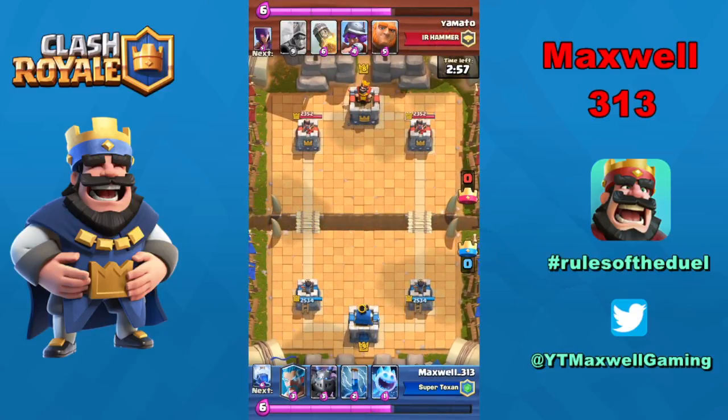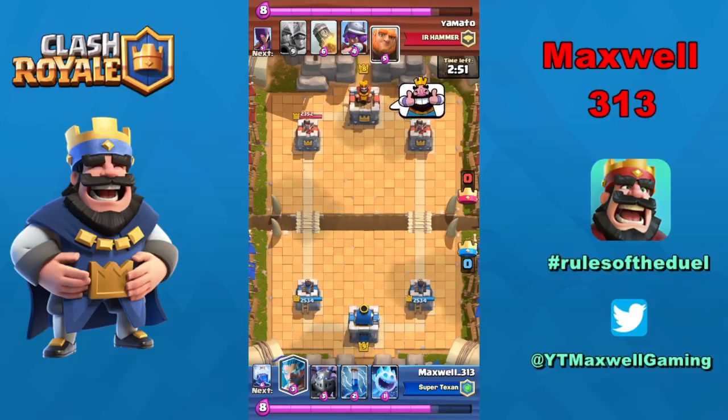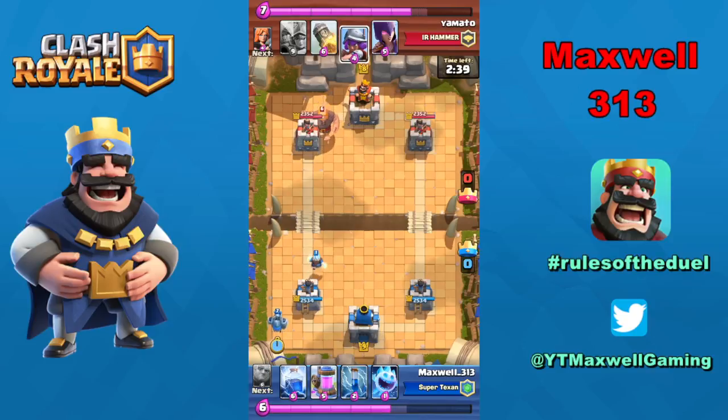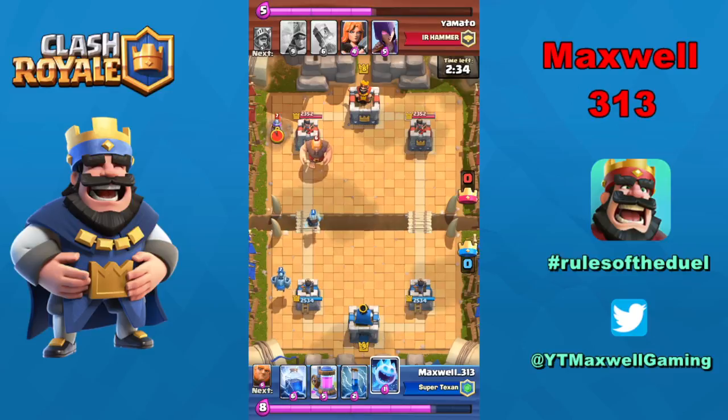Alright, so taking a look at this first replay right here, looks like we were facing off against Yamato of IR Hammer. He started with the thumbs up, so let's get this one rolling. We got the Ice Wizard coming in hot. He has the Giant, and we are gonna have to play our Mega Minion to get some damage onto the Giant. Also, once I fill up on Elixir, I'm gonna use the Ice Spirit just to kind of get rid